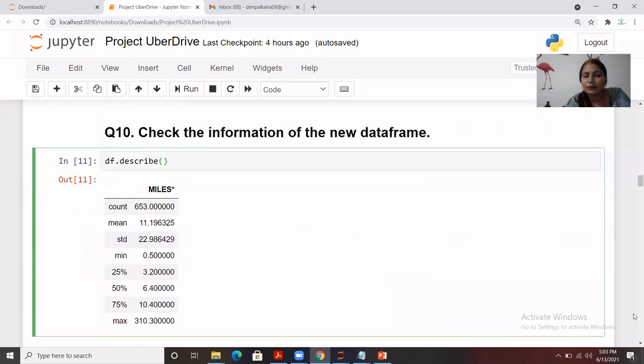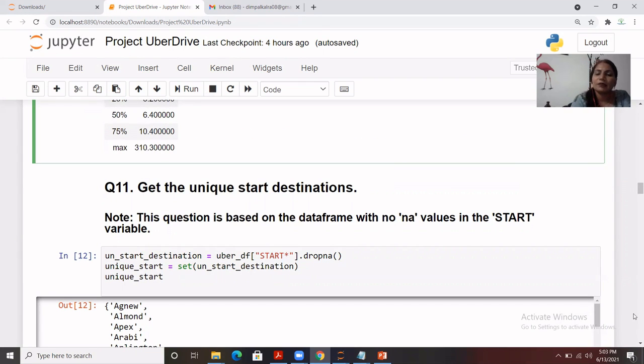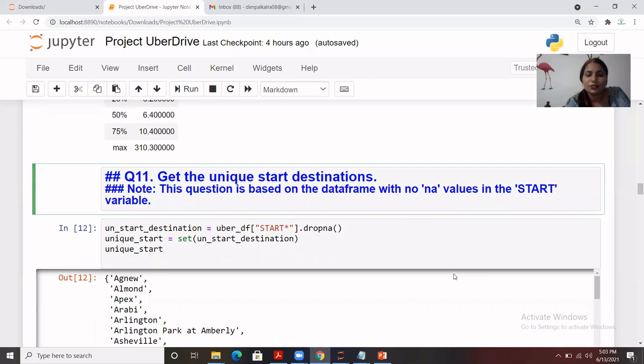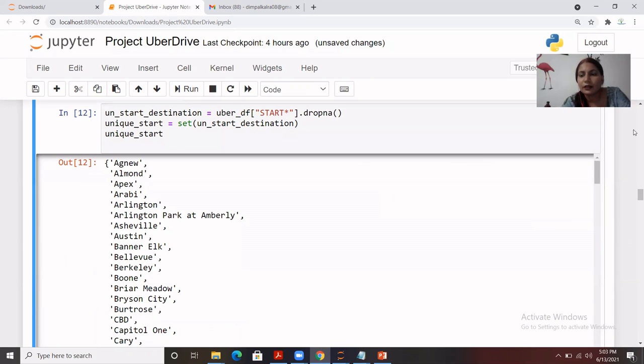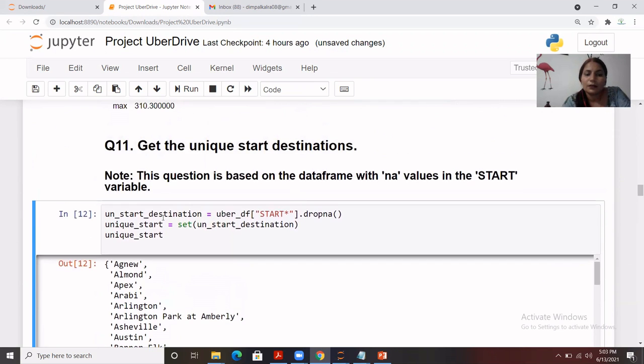But in this question, what is the expectation? Basically, we just need to use the data frame with NA values. Let me make changes with this. So we are going to utilize uber_df, the data frame with the missing records, and use this particular column.